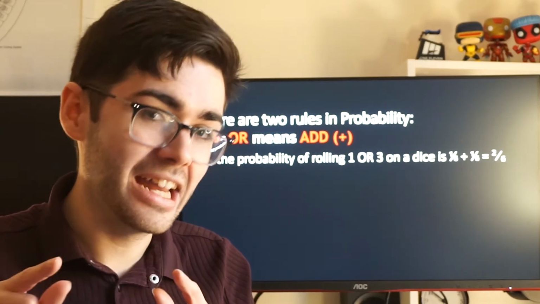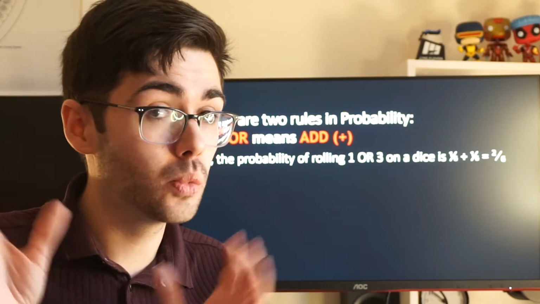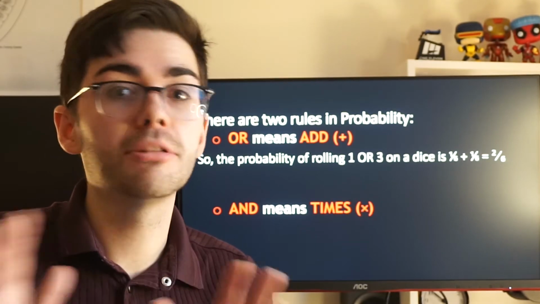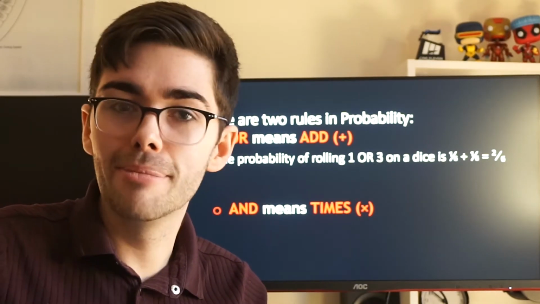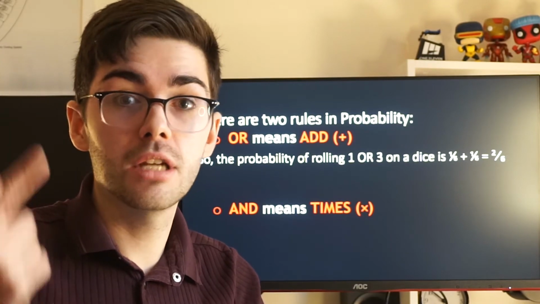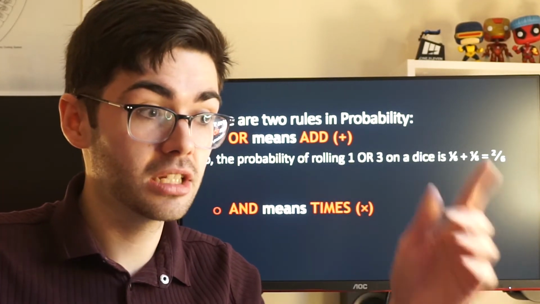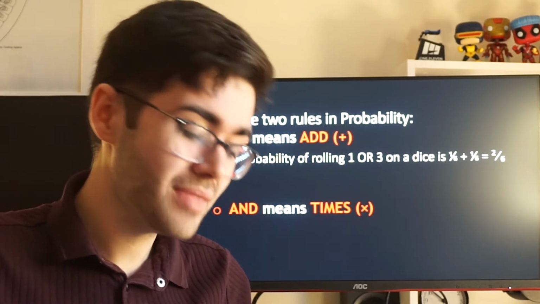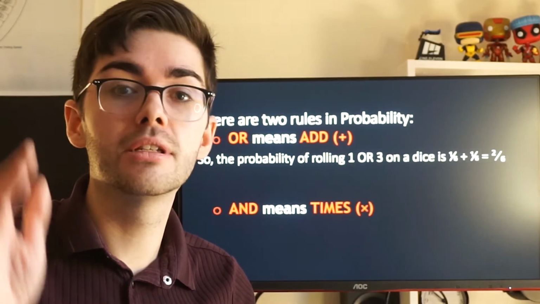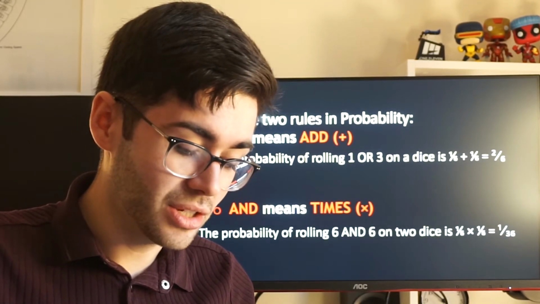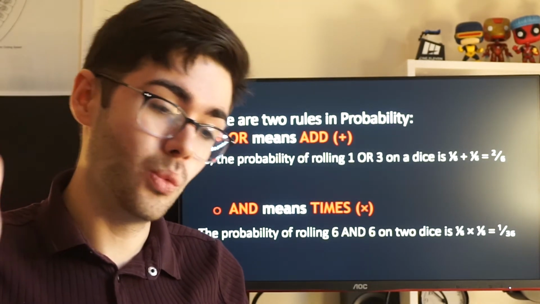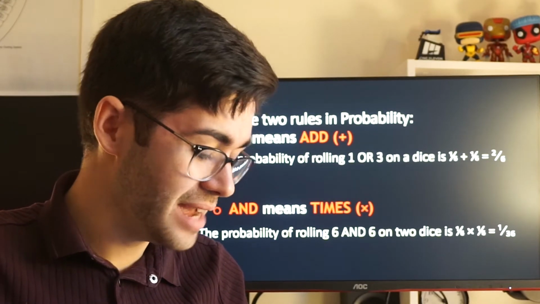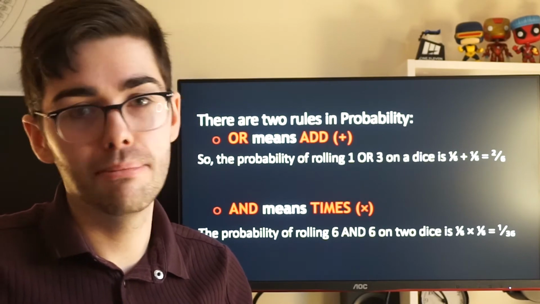If they use the word and, which means you need both of them, not just one or the other, that means times. Say I had 2 dice and I want to roll double 6s to get out of jail in Monopoly, or whatever the rule may be. The probability of me rolling a 6 is 1 over 6. The probability of me rolling the other 6 is 1 over 6. But it's not a 1 in 6 chance of me rolling double 6s, that would be crazy. It's actually a 6th times a 6th. The actual answer you get for rolling double 6s, the probability is 1 over 36, because we times across the top, times across the bottom, if you remember. Okay, so or means add and means times.